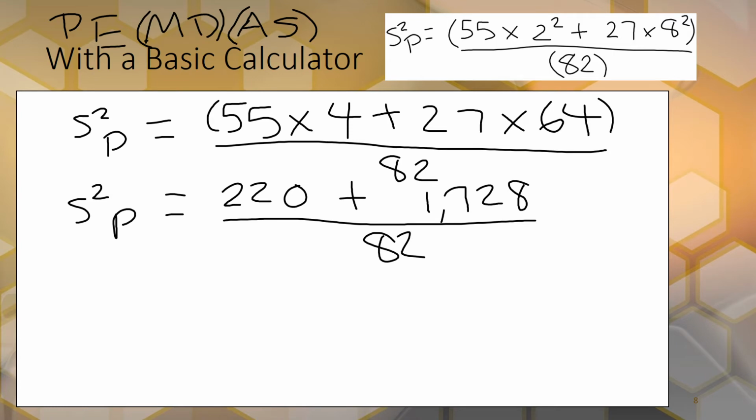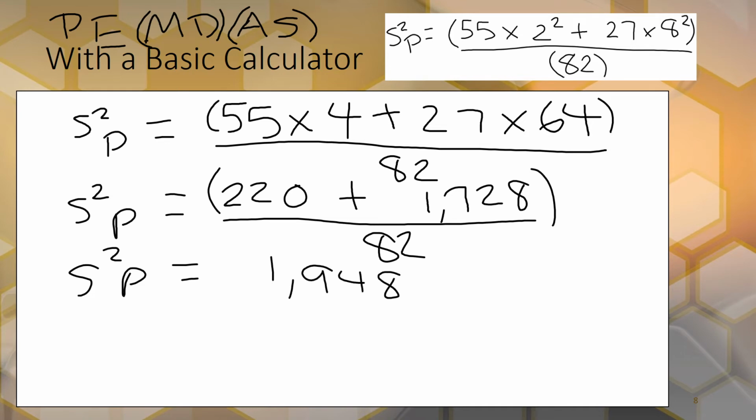Then there's no division, and then addition and subtraction, and there's only one addition. So then we have 1,948 divided by 82. Now, once you do everything in the top and the bottom separately, then you can divide. And we'll get